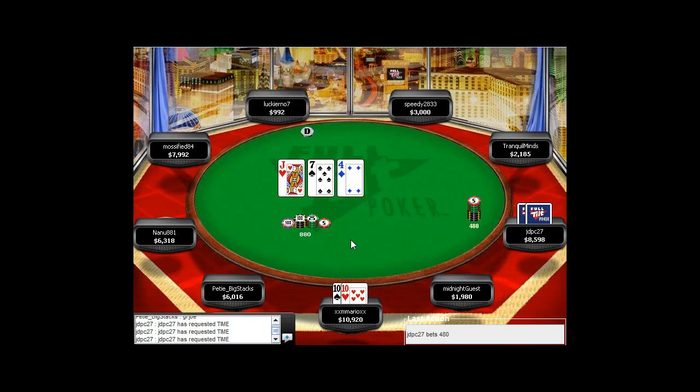I don't think we can really raise. He's kind of just taking the initiative away, and all we can really do is call and see what he does from there. I think we need 2 barrels on this particular card, even though he's still going to have some bluffs in his range, particularly the 8-9 if he peels that pre, and the 5-6 if he peels that pre. We're kind of just in a tough spot,